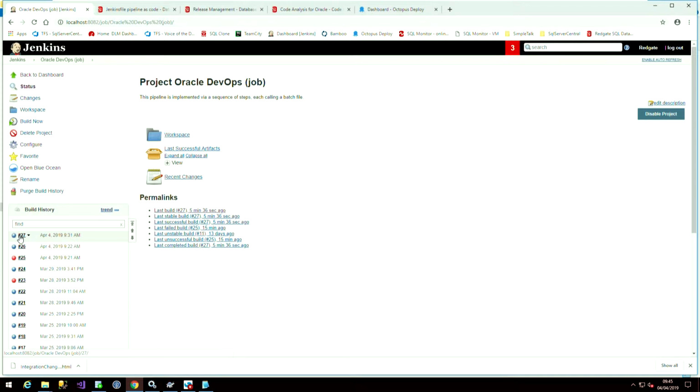So what that means is we were able to build the database schema from scratch and make sure all the objects can be created successfully. We ran the find invalid objects to make sure that there are no invalid objects in our database. And we also ran some static code analysis rules to make sure that we're following best practices of coding as far as Oracle is concerned. So now, what we'd like to do next is to go ahead and promote this successful build to our target environments. Now, if I go back to my build project here in Jenkins,